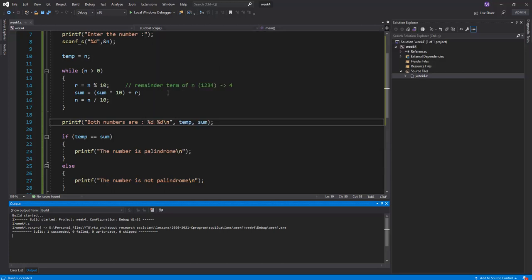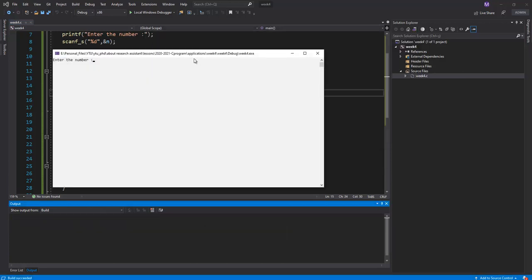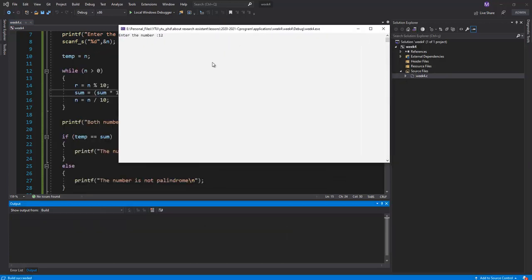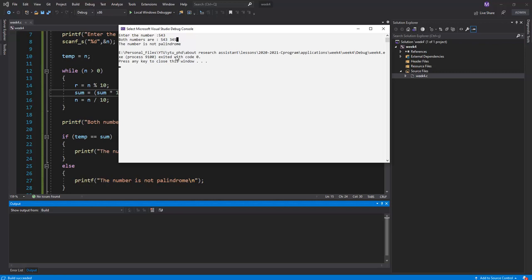Okay, but if we use different numbers like 5, 4, 3, the first number is 543 and the second number is 345, so this is not the same number as the first one. Okay, and so the number is not a palindrome. And so